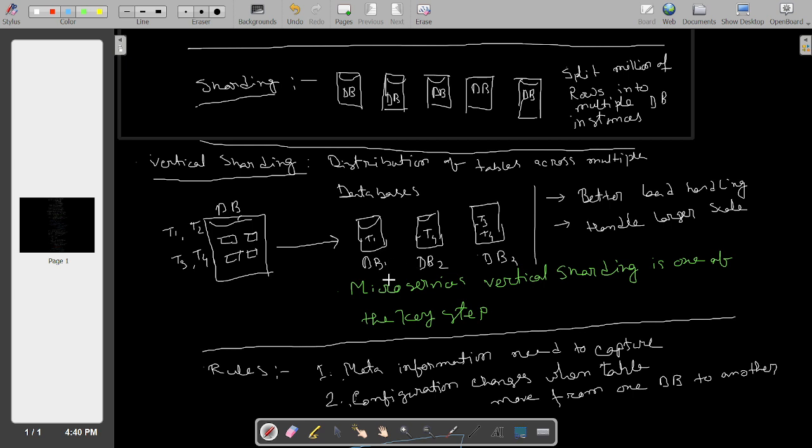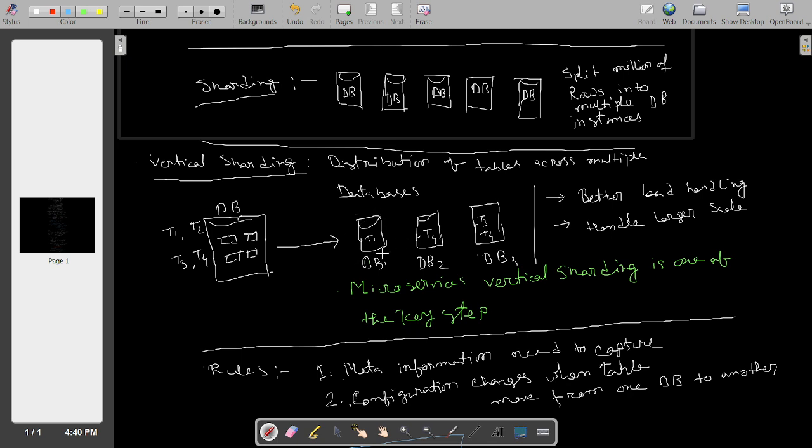Now in DB1 you can keep T1, in DB2 you can create T4. It completely depends on the requirement and on domain expert inputs. Like, if it is e-commerce or payment systems, you need to think about which tables have read access, write access, all those permutation combinations, right? And based on that, you can decide. So now in DB1 you kept T1, maybe from a read access to write access perspective,